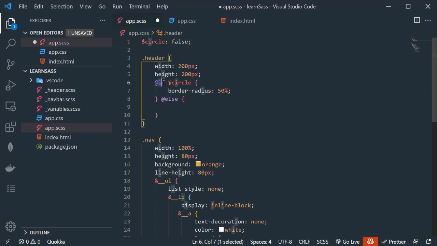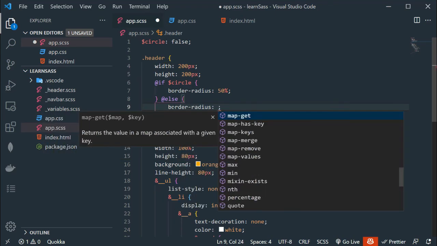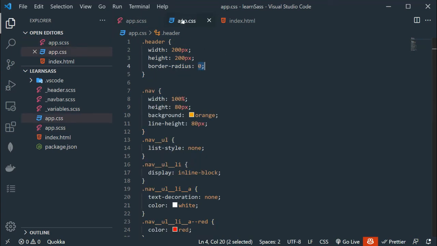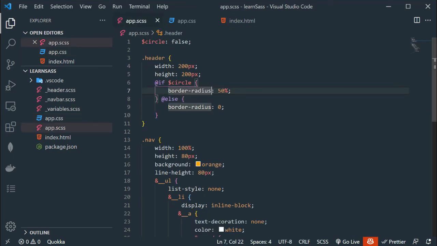So if the $circle variable doesn't have a true value, then go to else, and simply use border-radius 0. Save the file, go back to app.css, and we have 0. We have border-radius 0 because the circle variable has a false value. So that's why we have border-radius 0.